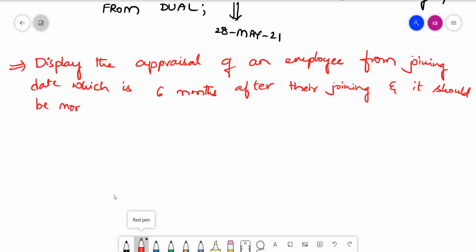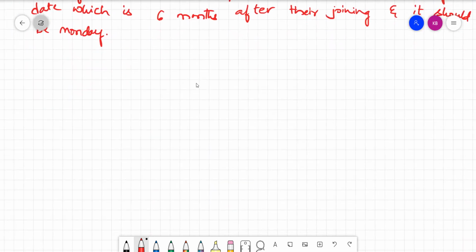Okay, so this is what we wanted to have. So how do you apply your functions on this?